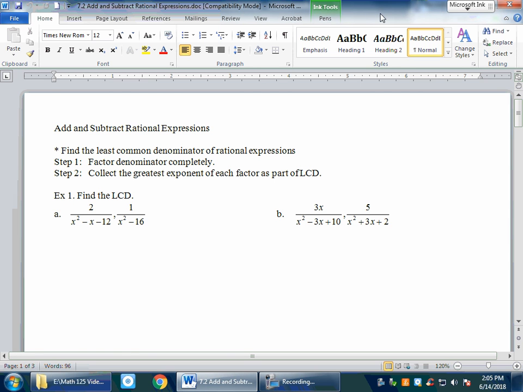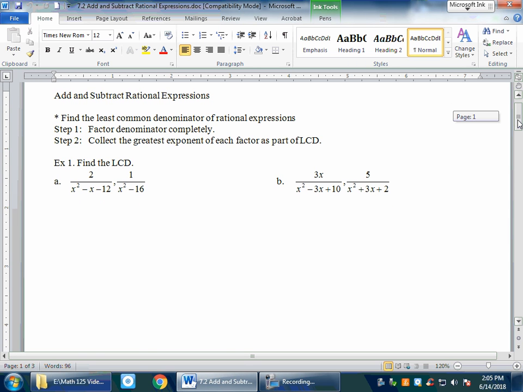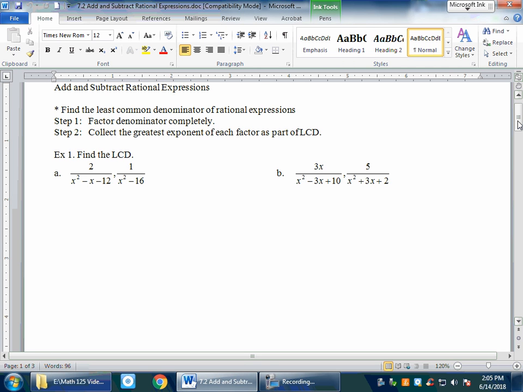So to find the least common denominator, first you're gonna factor the denominators completely and then collect the greatest exponent of each factor as a part of the least common denominator. So by saying that, for example, 1a, first I'm gonna